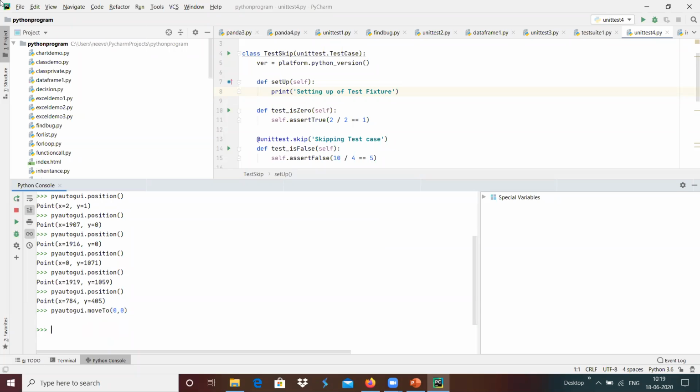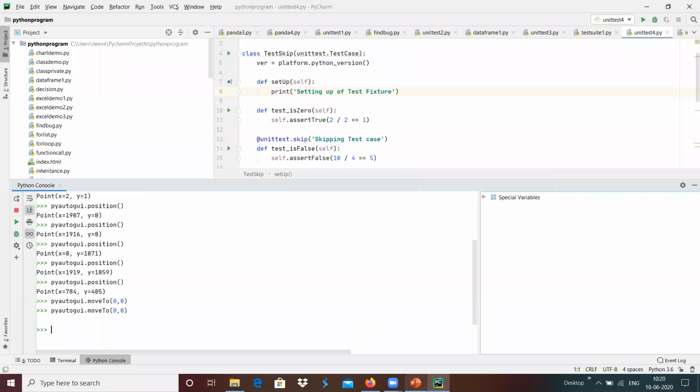Once I have executed, my cursor came to here. Everybody can see that, right? My cursor has gone to here. For example, I'm keeping the mouse here, and I'm going to execute the mouse moveTo location where x is 0 and y is 0. I'm executing that now, and my mouse came to the 0, 0 location. This is how a mouse movement can be initiated programmatically with the help of the PyAutoGUI module.